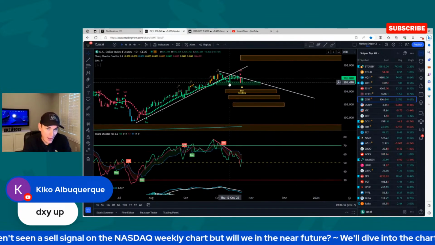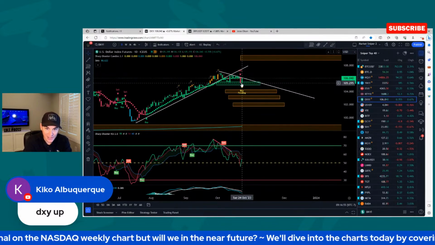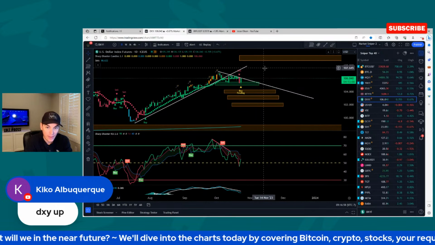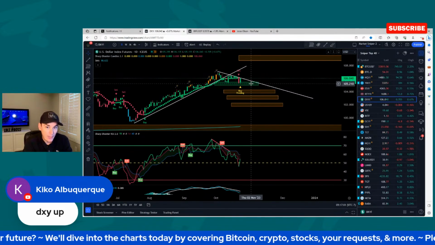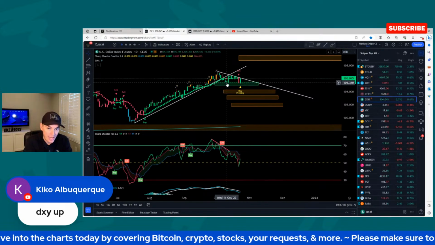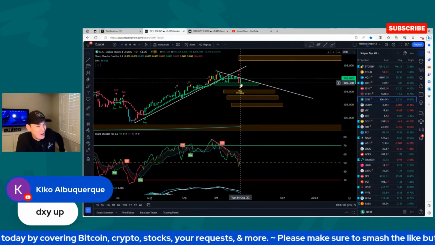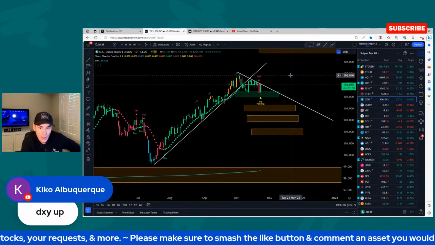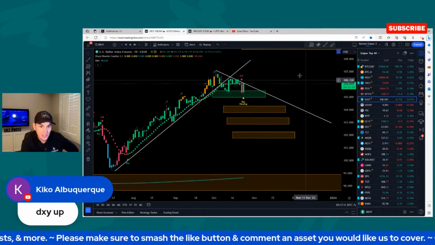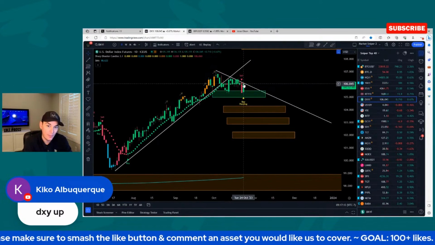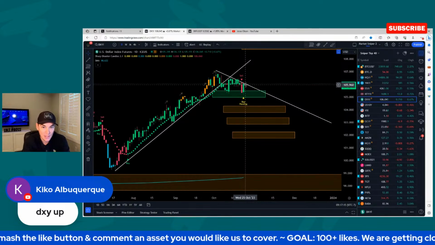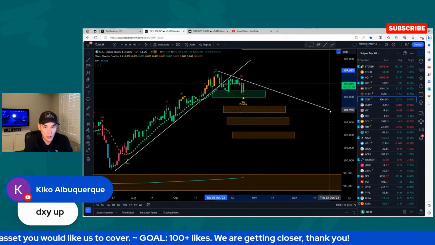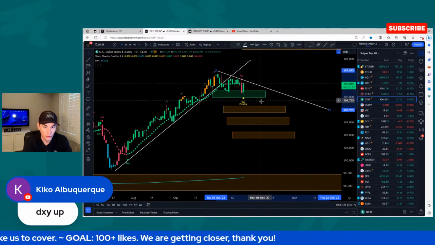Just like we were talking about, I'd be surprised if it only hits one target, but it doesn't mean it'll only hit one target and then bounce up, right? I mean, you could even see where it hit here and hit here. Is that going to be a double bottom after one target? It's possible. I think it's less likely. Just seems like price is pushing back up to retest the trending dots and this downward trend line. So maybe it pushes all the way back up and then kind of rolls over after that.